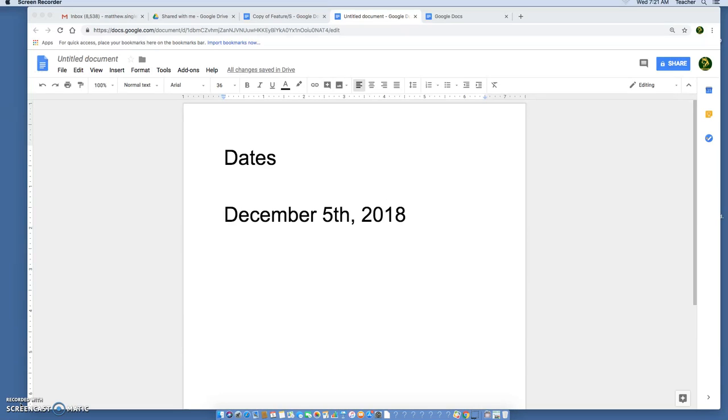You might be used to writing a date like this, December 5th, 2018. What we do is we always eliminate these letters right here. We always want to save characters in journalism, so we eliminate those letters. And if the name of the month is more than 5 letters long, we then come through and abbreviate it like you might be used to. If the name of the month is 5 letters or less, then you can spell it out